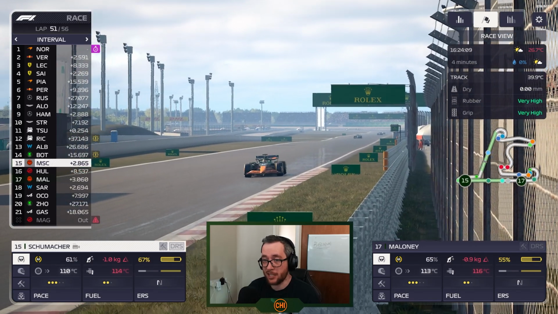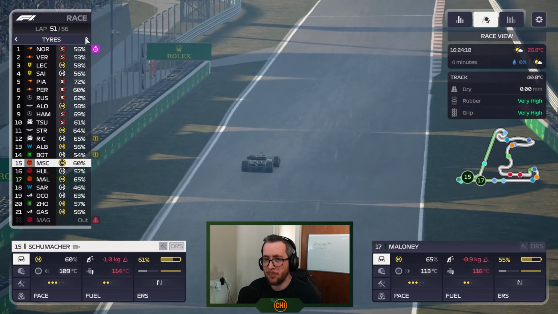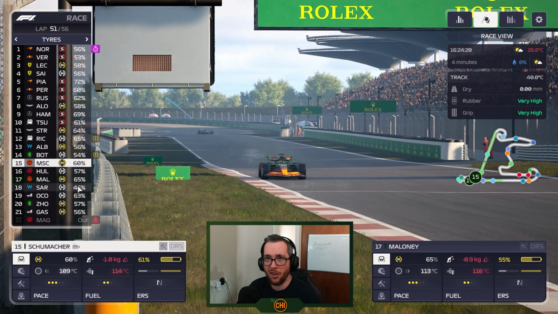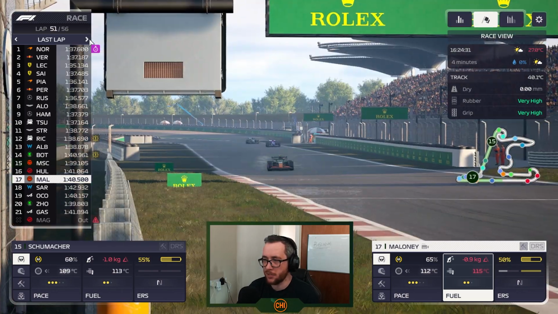Mick is 3 seconds behind Bottas, whose hards are worse than Mick's mediums somehow. They are pushing those hards. Sargent's hards are done. That's wild. Yeah, but only was 2.5 seconds faster than... I mean, that's DRS overtake as well involved, but...